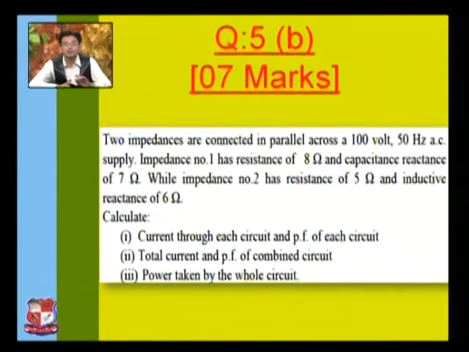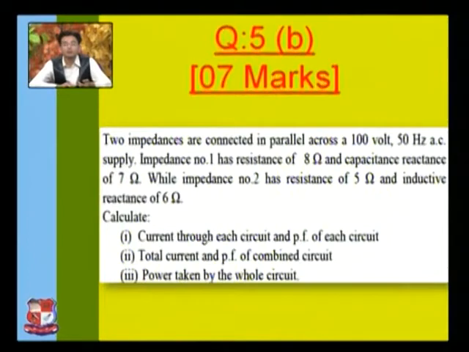But in the case of an AC circuit, it is V is equal to I into Z. What is Z? Z is nothing but the impedance. So Z, if you are considering it as the main, Z is equal to V divided by I, right? Or if you are finding I, then I is equal to V divided by Z.